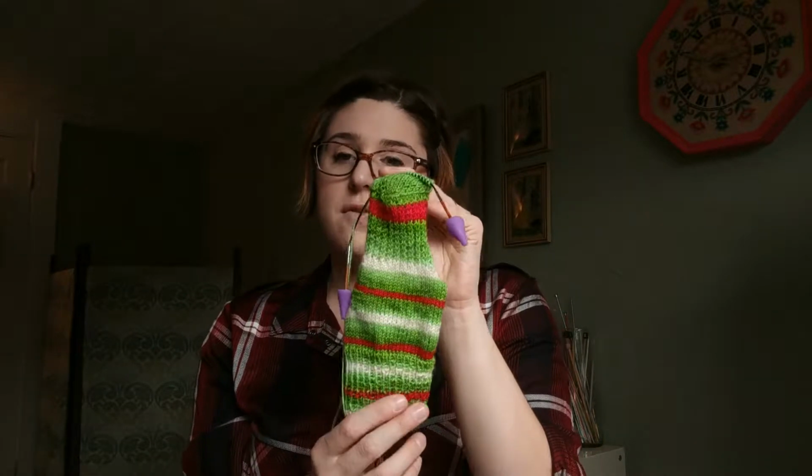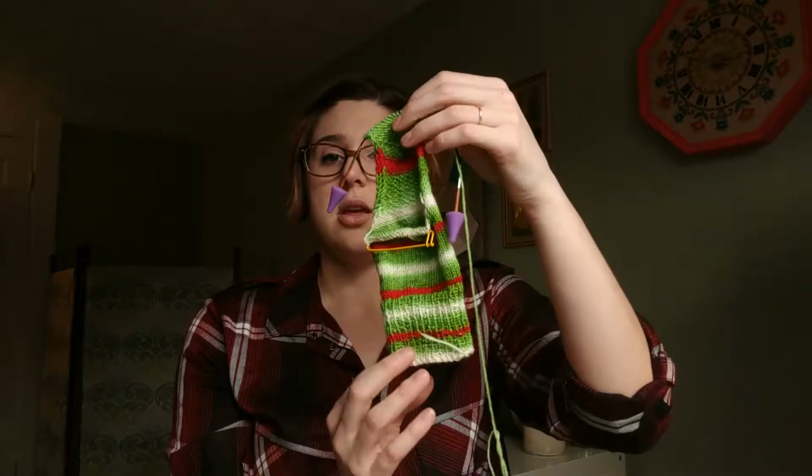knit, and I'm loving making them because I can bring it to work in a small project bag. It's really easy to knit a few rounds during lunch, and yeah, I'm totally on the sock bandwagon. I am at the just finished turning of the heel for the second one right here,